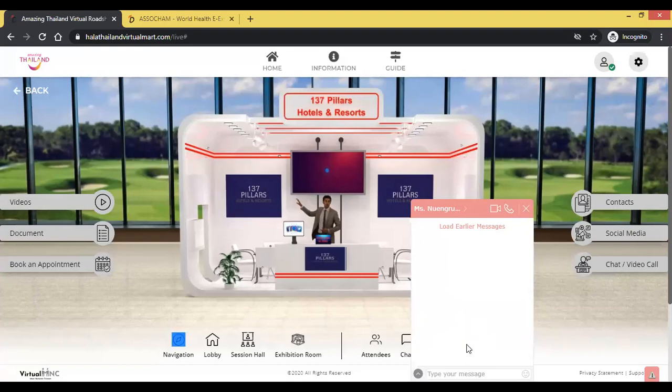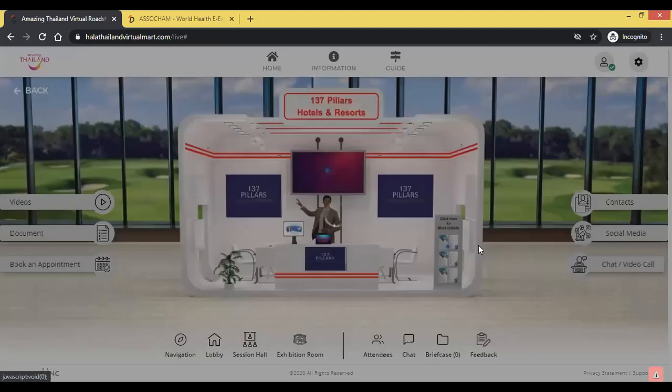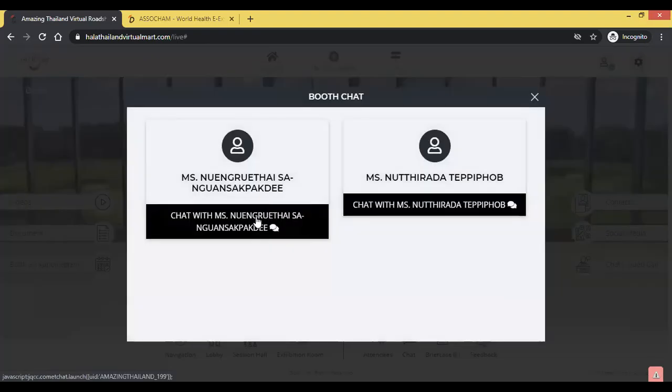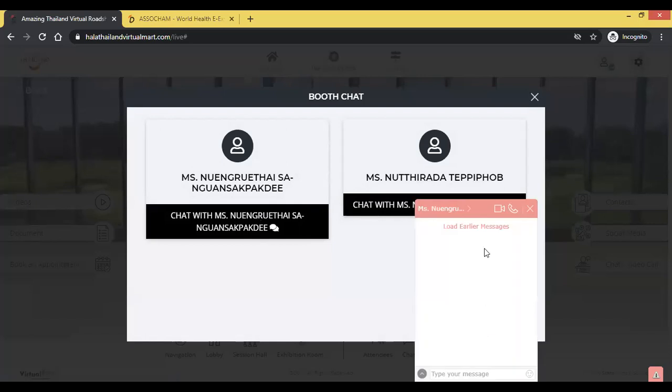Since this is offline, we cannot put up any chat, because the exhibitors, the booth representatives, are not live right now. Now this adds up to another point, which is that you have to be live to allow the visitors to connect with you over this video, audio or chat option. Otherwise, like I'm showing you right now, since the booth representatives are not online, I cannot put up a message to them.